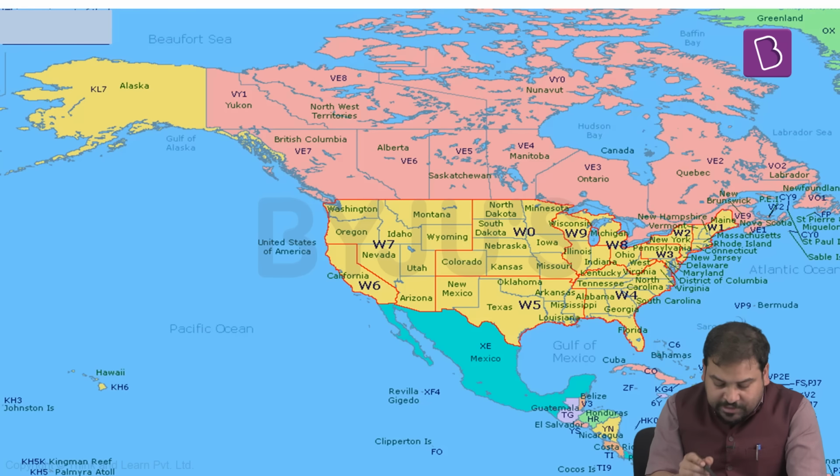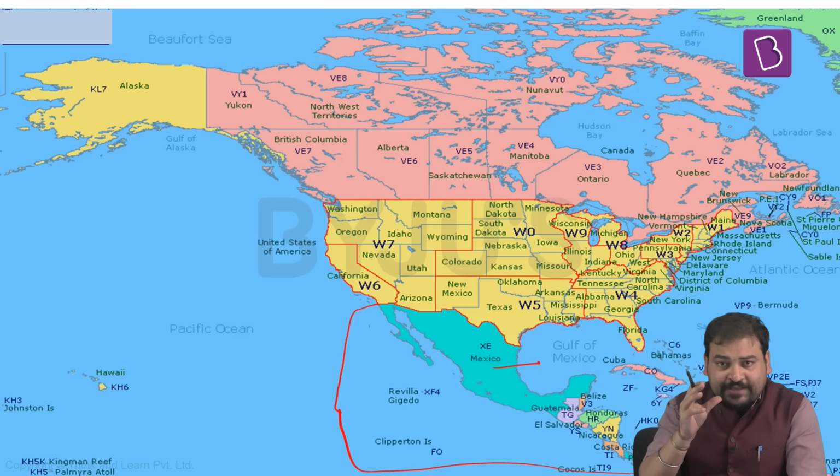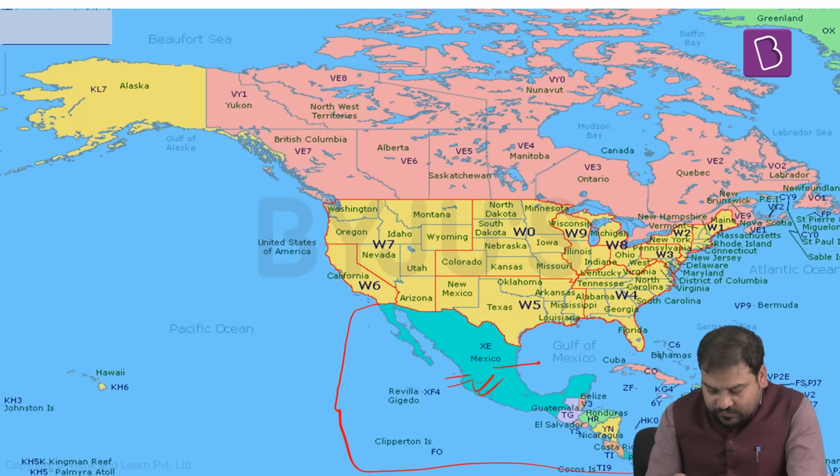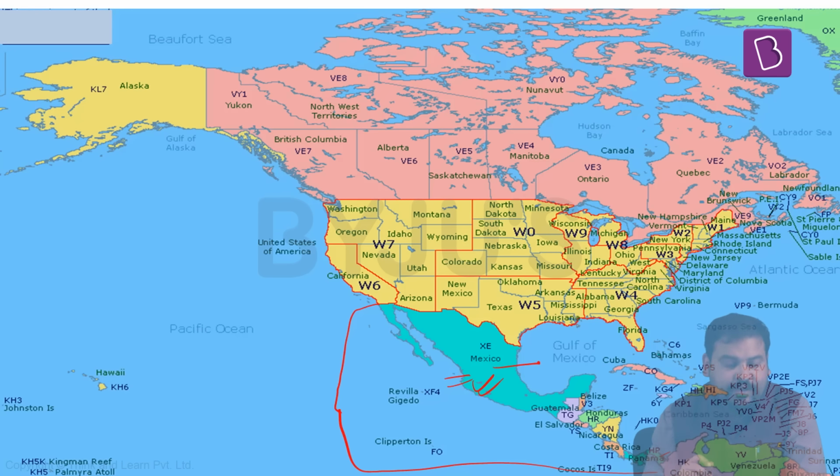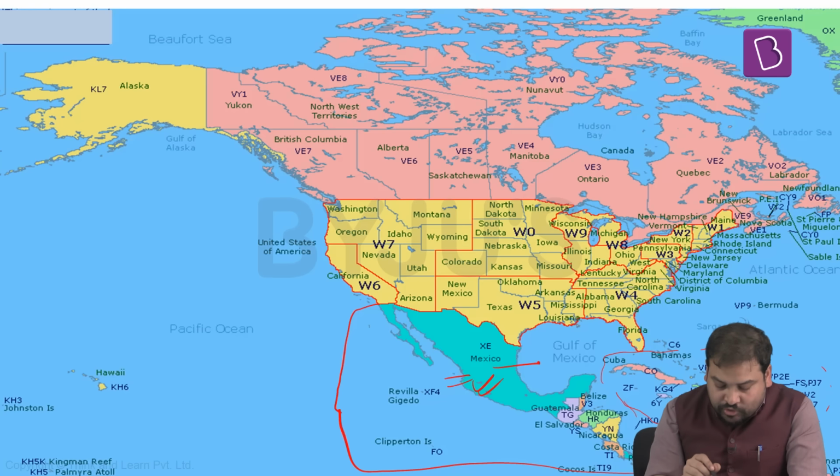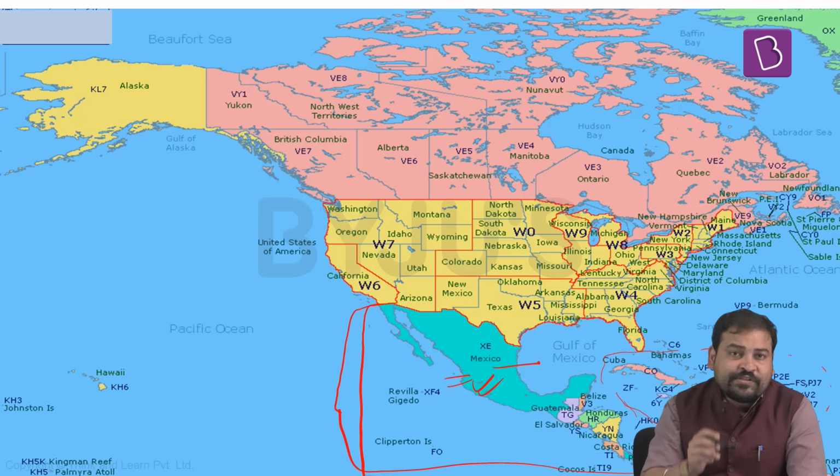Let us have a look at Middle America. Now, as you can see, Middle America starts from Mexico and goes till Panama, the northernmost country and the southernmost country. Middle America comprises one country, Mexico, the largest country in area as well as population in this region. Then lots of countries of Central America, the small Central American countries. And the third grouping in this region is the Caribbean islands, which are in the Caribbean Sea. If you are considering right from Mexico till Panama, it is Middle America.